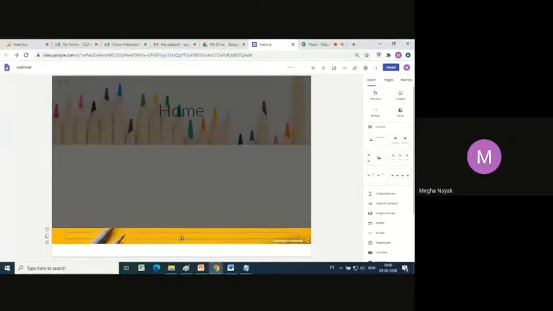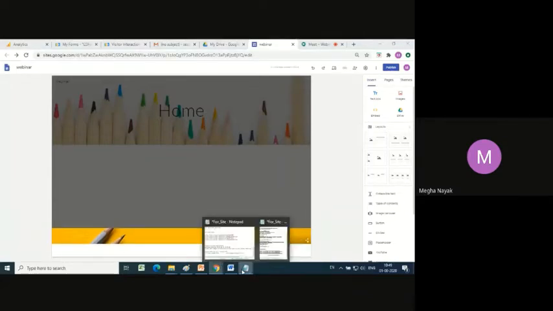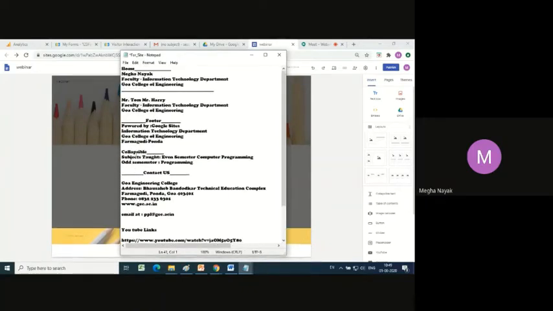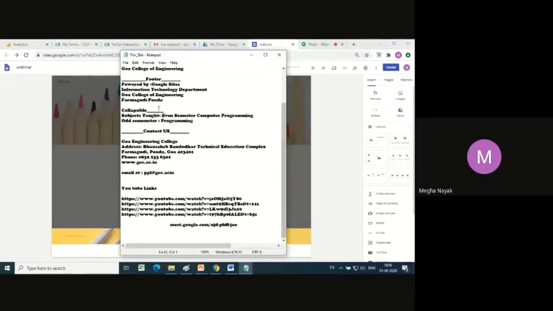Do you see how the footer has come? Can it be seen? Okay, yes, ma'am. Someone, one person, can please coordinate and tell me, because that way it will be better.